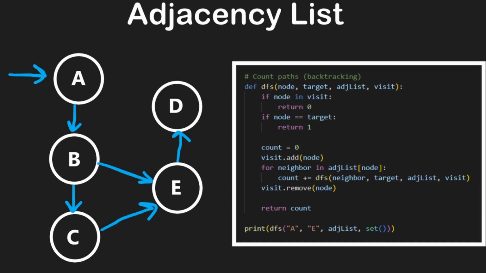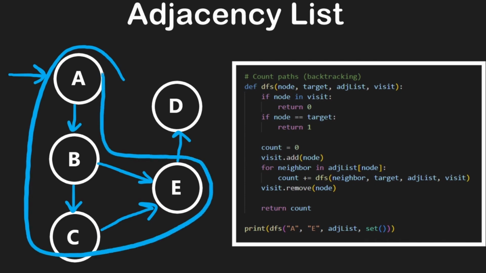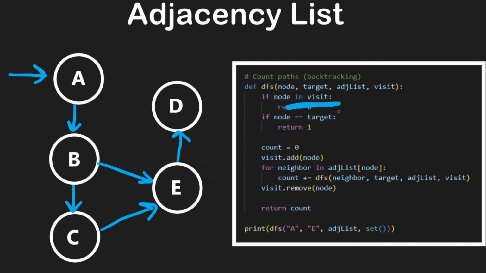So you can see that this is much more simple than running it on a matrix. But the core ideas are definitely the same. We have some base cases. We want to enumerate every single possible path. And if we end up visiting a node, then we want to stop. Now, in this case, we never visited the same node twice along a single path,